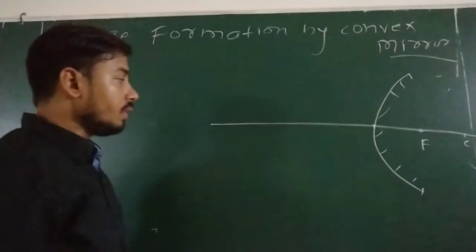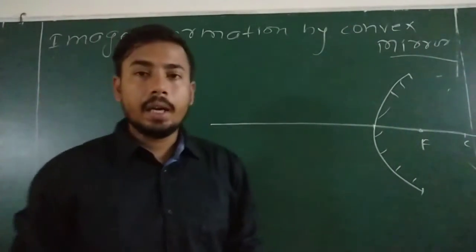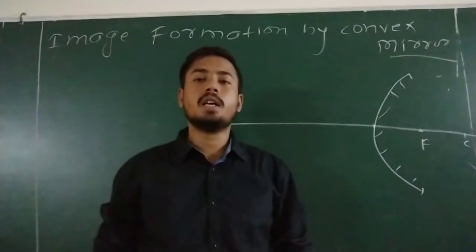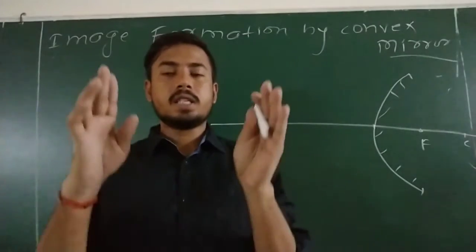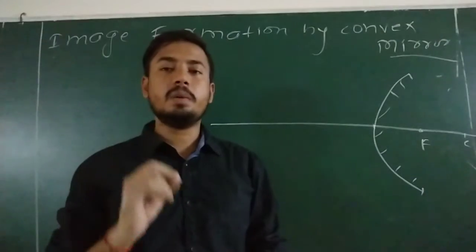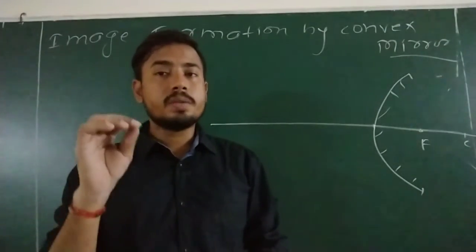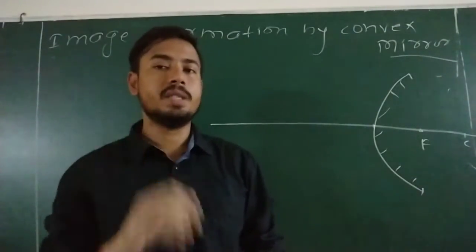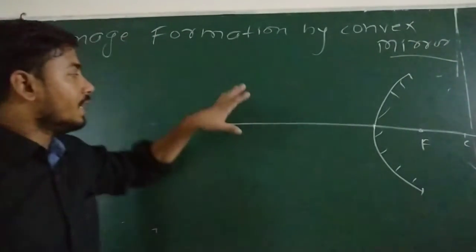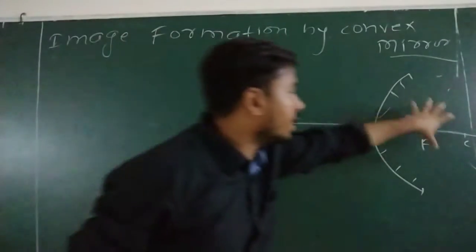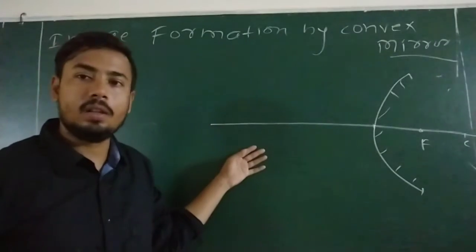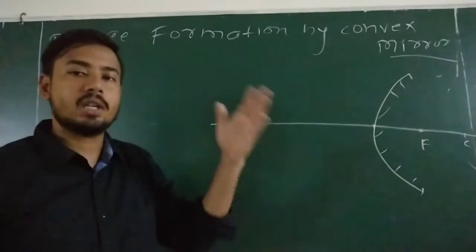Okay. So my dear, yesterday in the case of concave mirror, we discussed around 5 to 6 cases. First case, object is at infinity. Second, object between C and infinity, right? And all those objects were what? Real object. Here also we are going to discuss real object. So tell me, this real object should be this side or this side? So definitely real object should be this side. All the things we have discussed in our lectures.